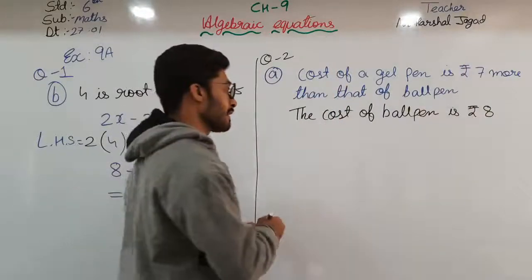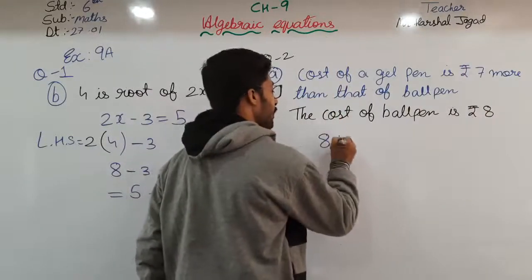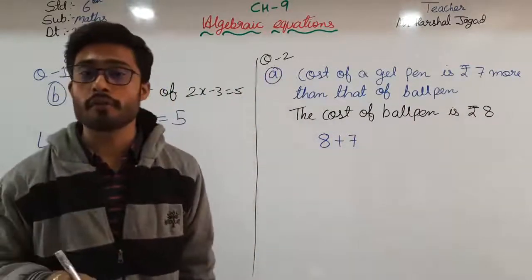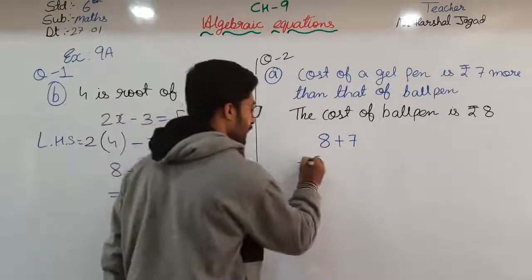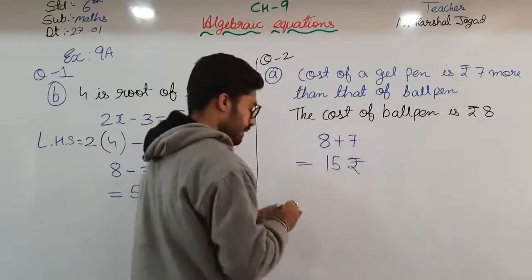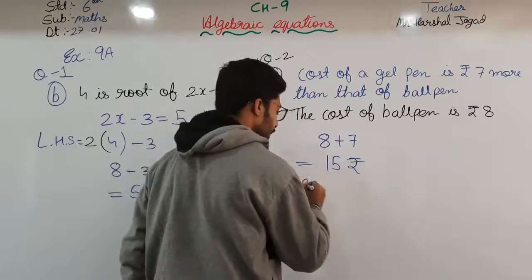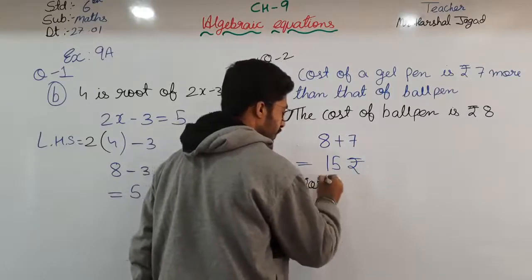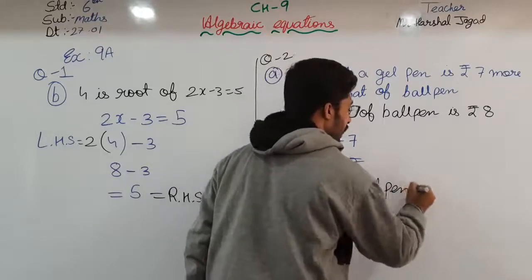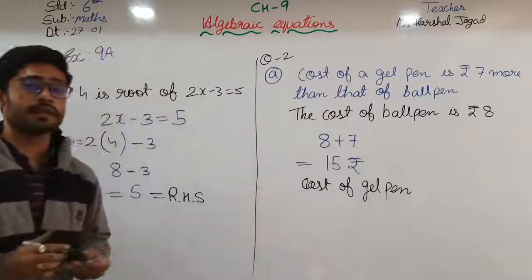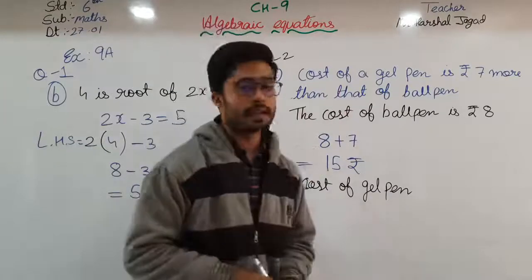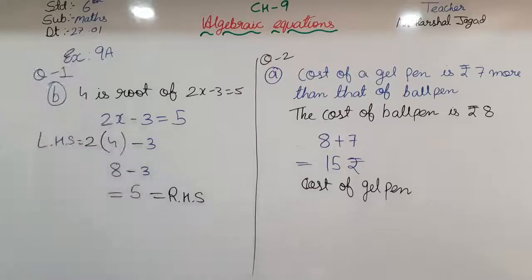So here if I say 8 plus 7 is equal to the cost of the gel pen. So 8 plus 7, that is 15 rupees, which is the cost of the gel pen. Okay students, this is the cost of the gel pen. Then moving towards the next one, that we will do is